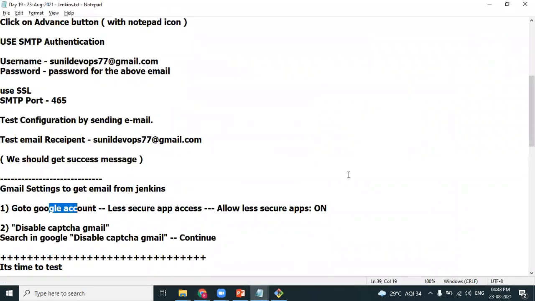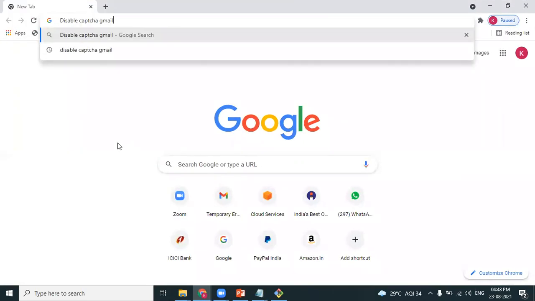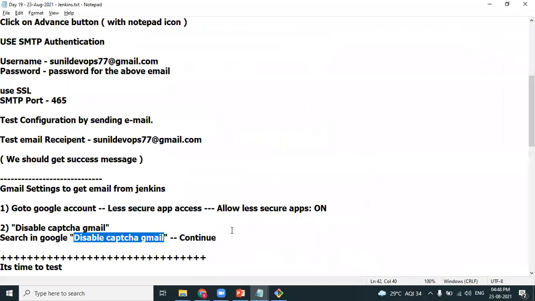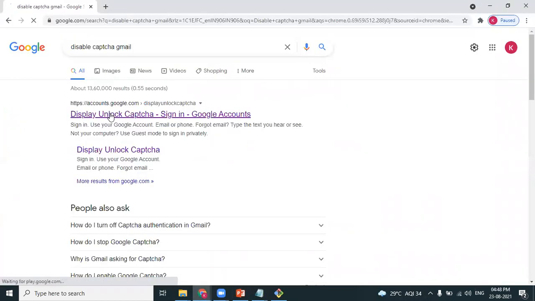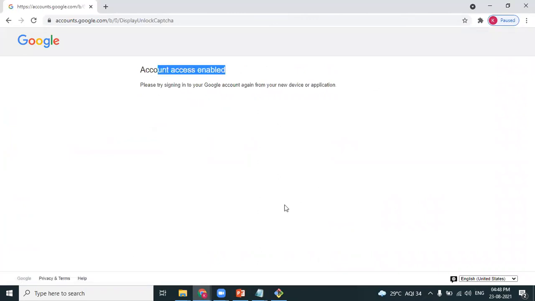And then you have to disable CAPTCHA. Click on continue. Allow access to your Google account. Account has been enabled. So these are the two things you have to do.